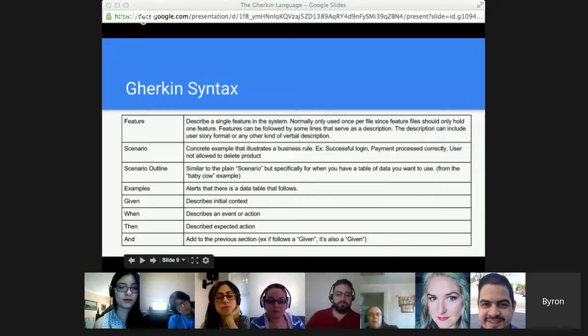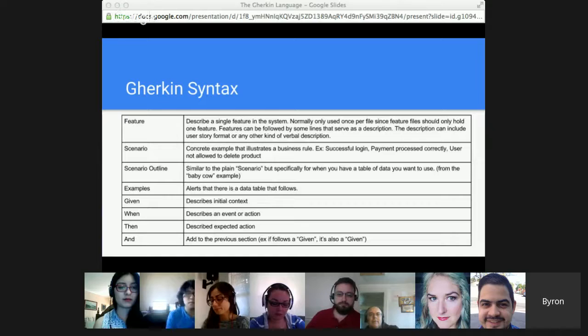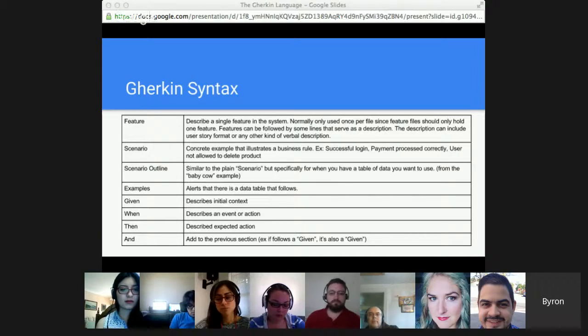One is the feature. Just at the top of your feature file, you'd put that word feature and then the colon and then just the name of the feature. It could be something simple like user authentication. It could be feeding a cow. It could be buying a loaf of bread. And typically you'd only have one feature in a feature file because the assumption is that the feature file is just one text file that deals with only one feature.